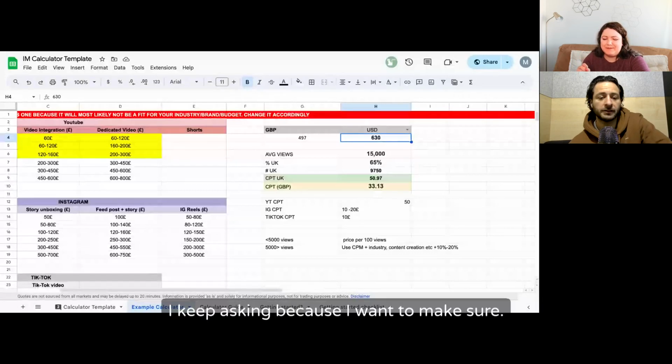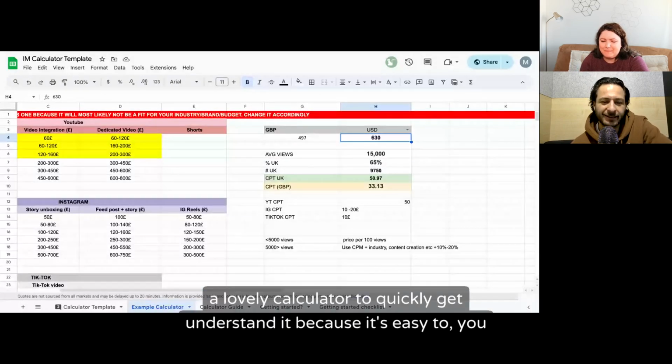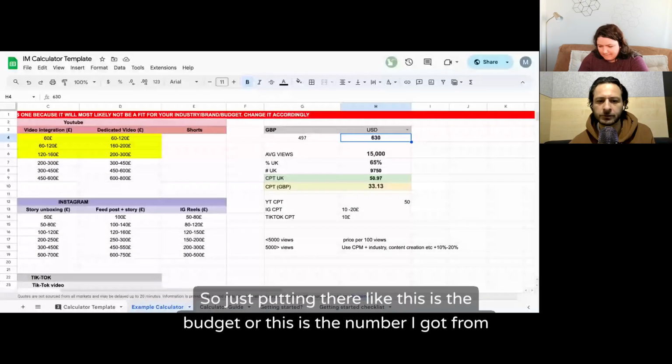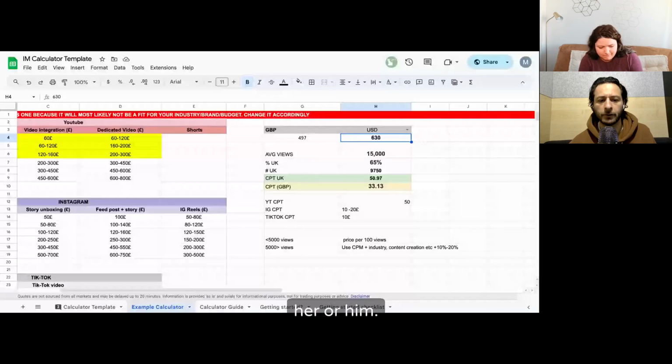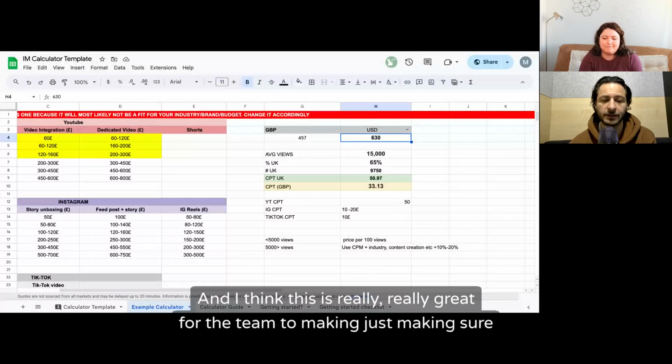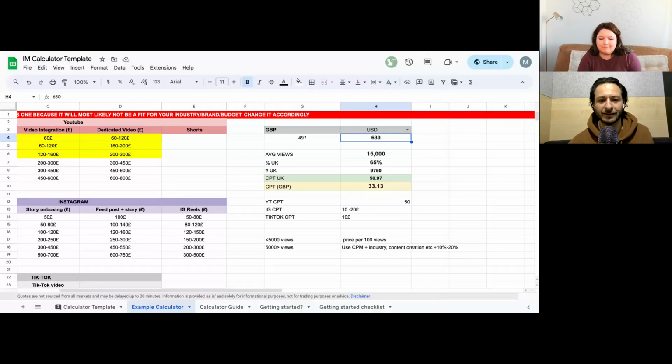Yeah, for sure. I think it's a lovely calculator to quickly understand, because it's easy to get confused with all the numbers. So just putting in the budget, or the number I got from her or him, and clearly seeing if it fits our targets. And I think this is really great for the team, just making sure that they don't overpay, because